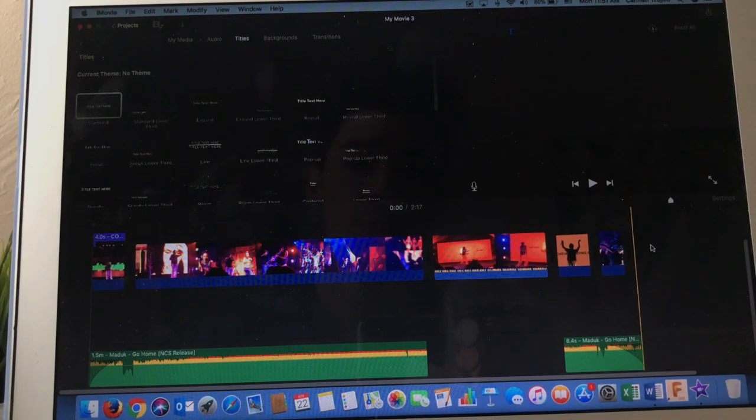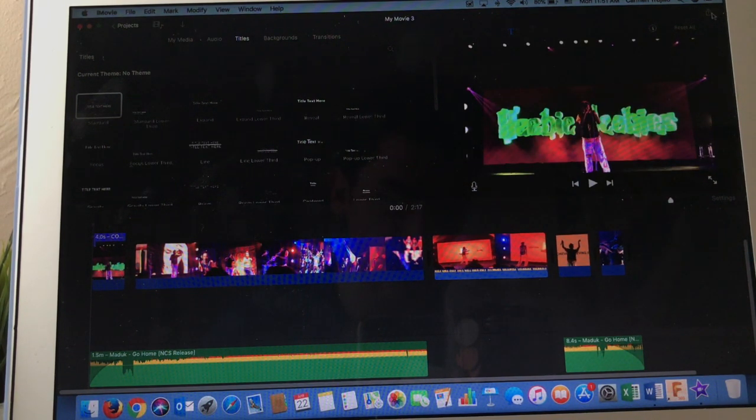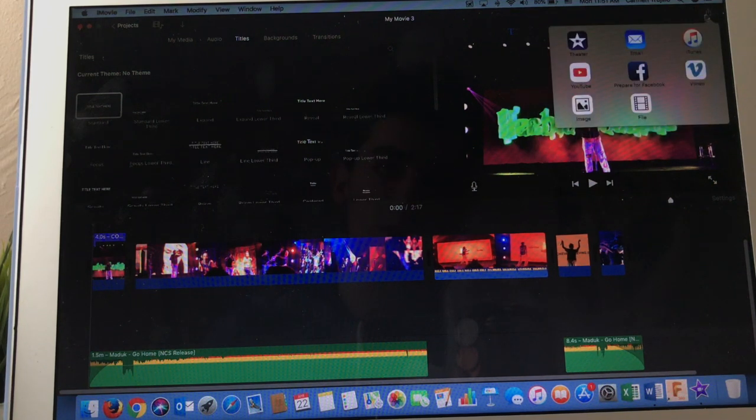Now that we have the video that we want, here's how to upload it to YouTube, or just to save it as a file for you to submit to the teacher. So you go into the top right, and then you can save it as iMovie Theater, send it by email, YouTube, but the one that you're gonna use the most is click File, and then